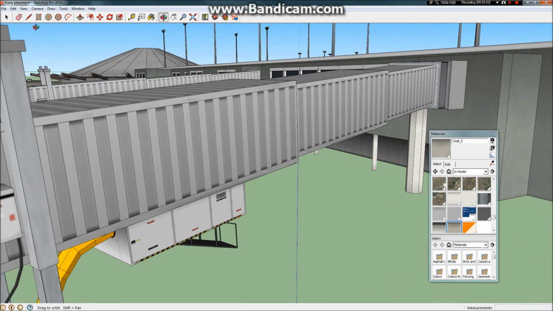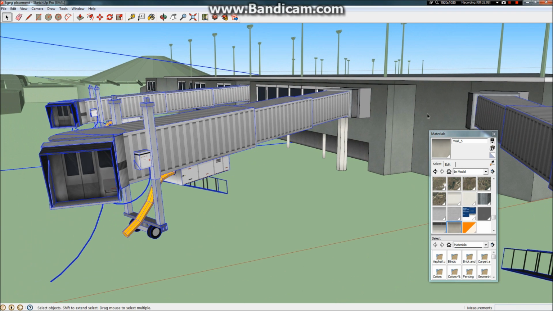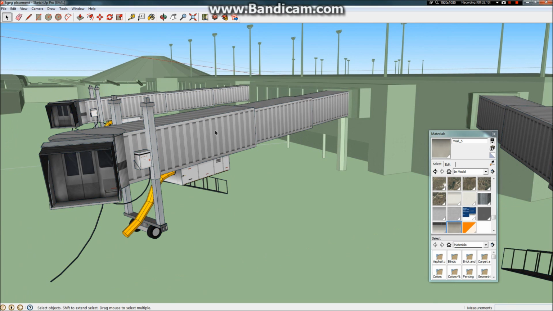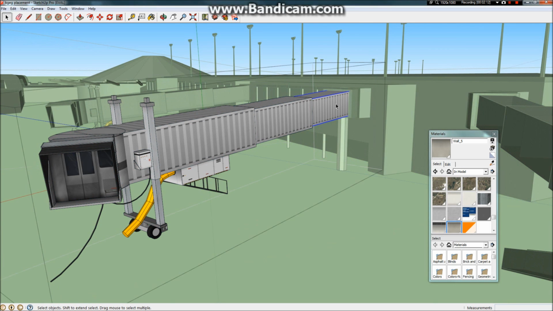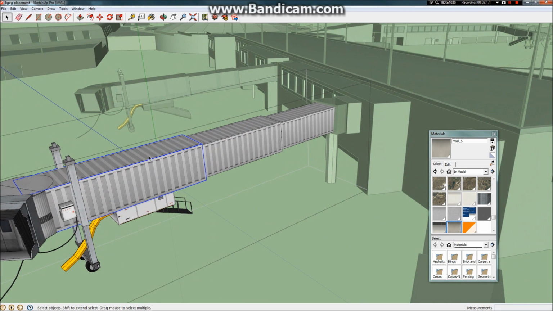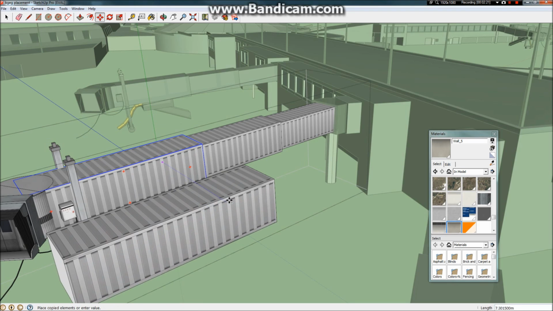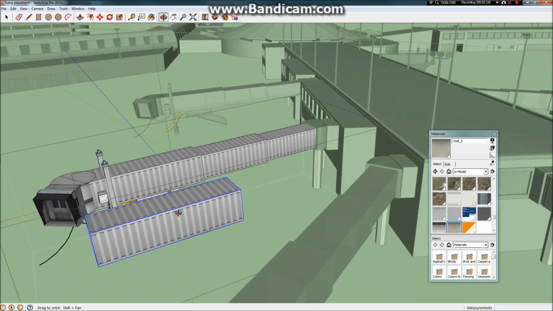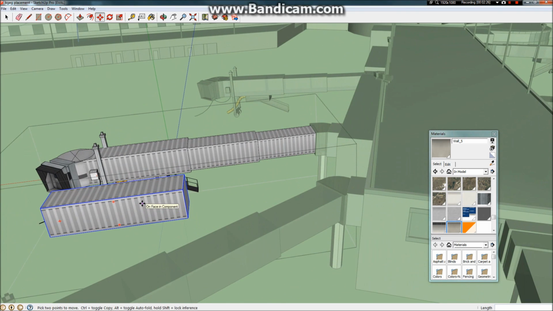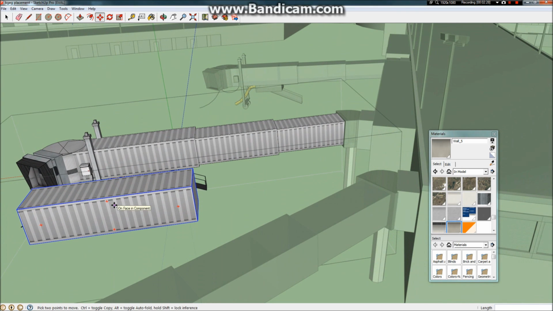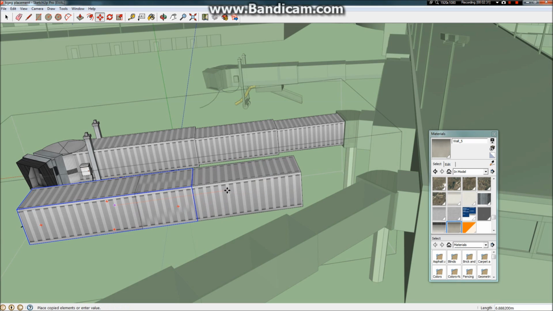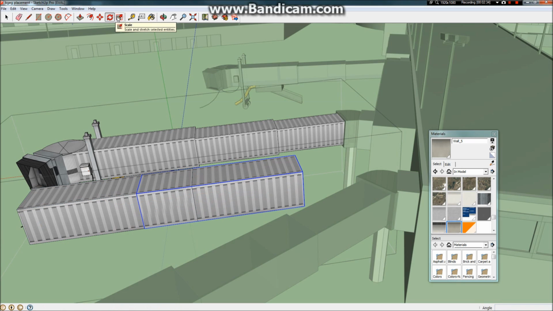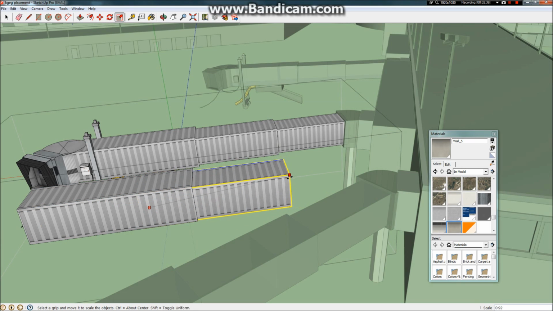And I might have pointed this out in one video. I'm sure I have in a bunch of videos, but you always want to make sure you use components. So see these, there's 3 different blocks here. So you have this one, this one, this one, and they're all just duplicated components. So I took this one, let's see if I can't just do this real quick. So I took this one, I mapped it to the way it is now. Then I'm going to duplicate it, move it up, and then you take the scale tool, scale it uniformly,